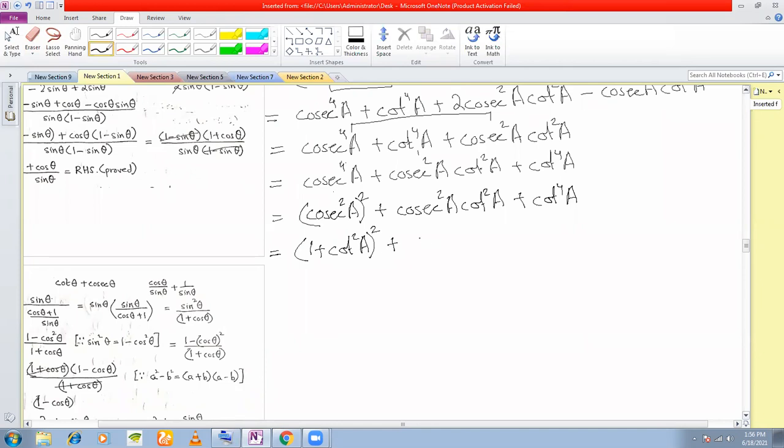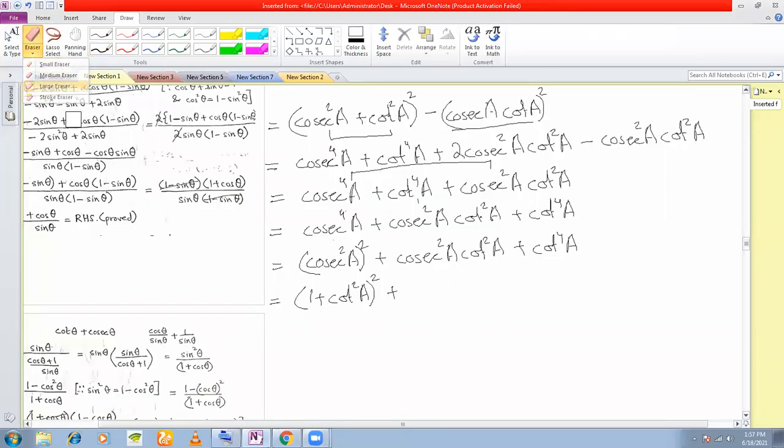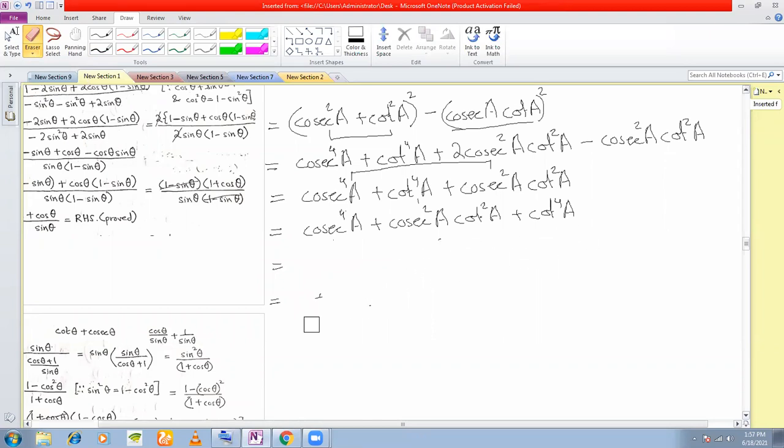Right? This is just, instead of writing it this way, what you do here is you take these together, cosec to the power of 4A and cot to the power of 4A, you take together, plus cosec square A cot square A. Now what you must note here is